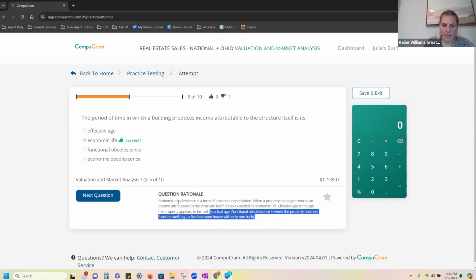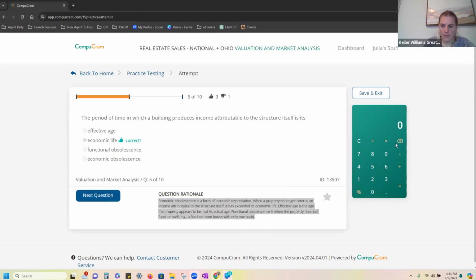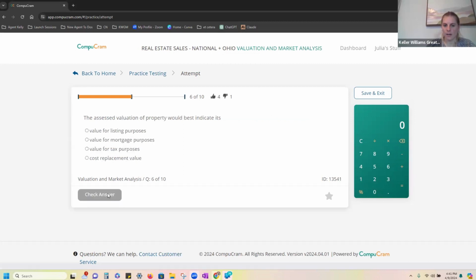That is correct. Good job. Yeah, they try to trick you by doing effective age and economic life. So remember, economic life is a period of time in which the building produces income attributable to the structure itself. All right. Good job. Next